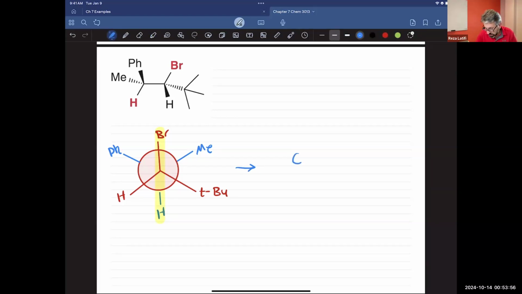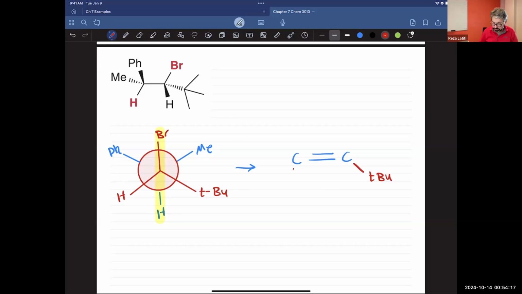You will get the carbon. There's a double bond. On the front carbon, what do we have? Okay. We have tertiary butyl. And okay, what else? Also, we have